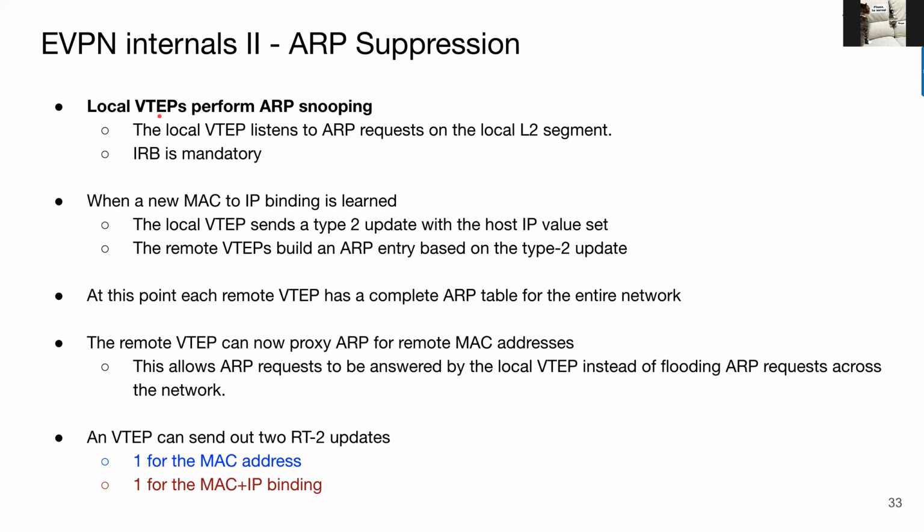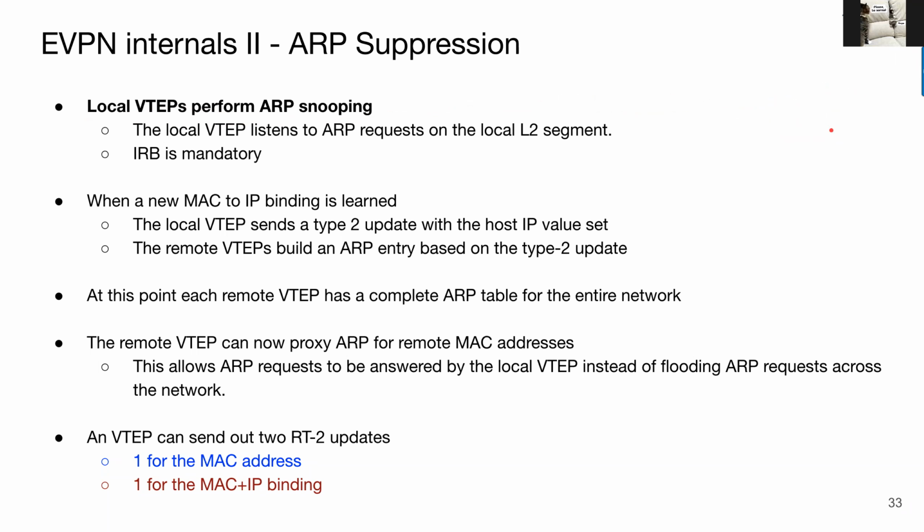Then what happens if Rich is over on a remote VTEP over here, and he wants to talk to Corey, but he's never talked to Corey before? He's going to send out an ARP saying, hey, where's Corey? Well, Rich's local VTEP will say, I know where Corey is. He's way over here, but I already have his information because I received a type 2 route and I've populated my table. So this remote VTEP will snoop on Rich's ARP and reply to it. So this is that ARP proxy that is going on